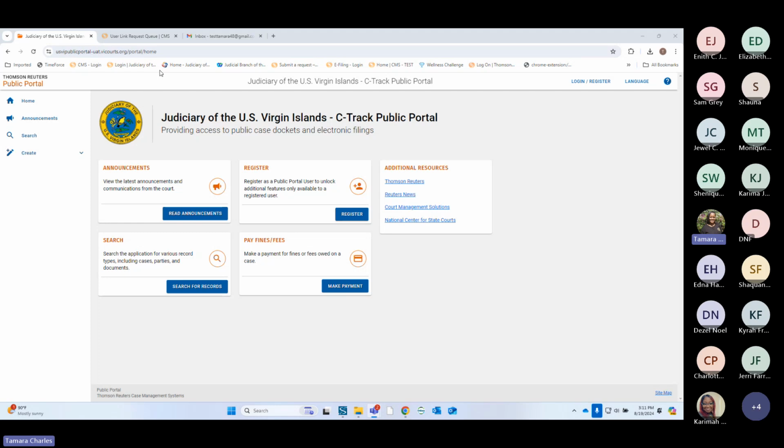In the subject line, if you could put UAT error form / screenshots, or something related to UAT. UAT means user acceptance testing. If you could put that in the subject line, that way we can all review those emails as they come in. We have a system in place for us to review and track, and then put those into what we call a Zendesk ticket, because it has to be put into a ticket to the vendor.